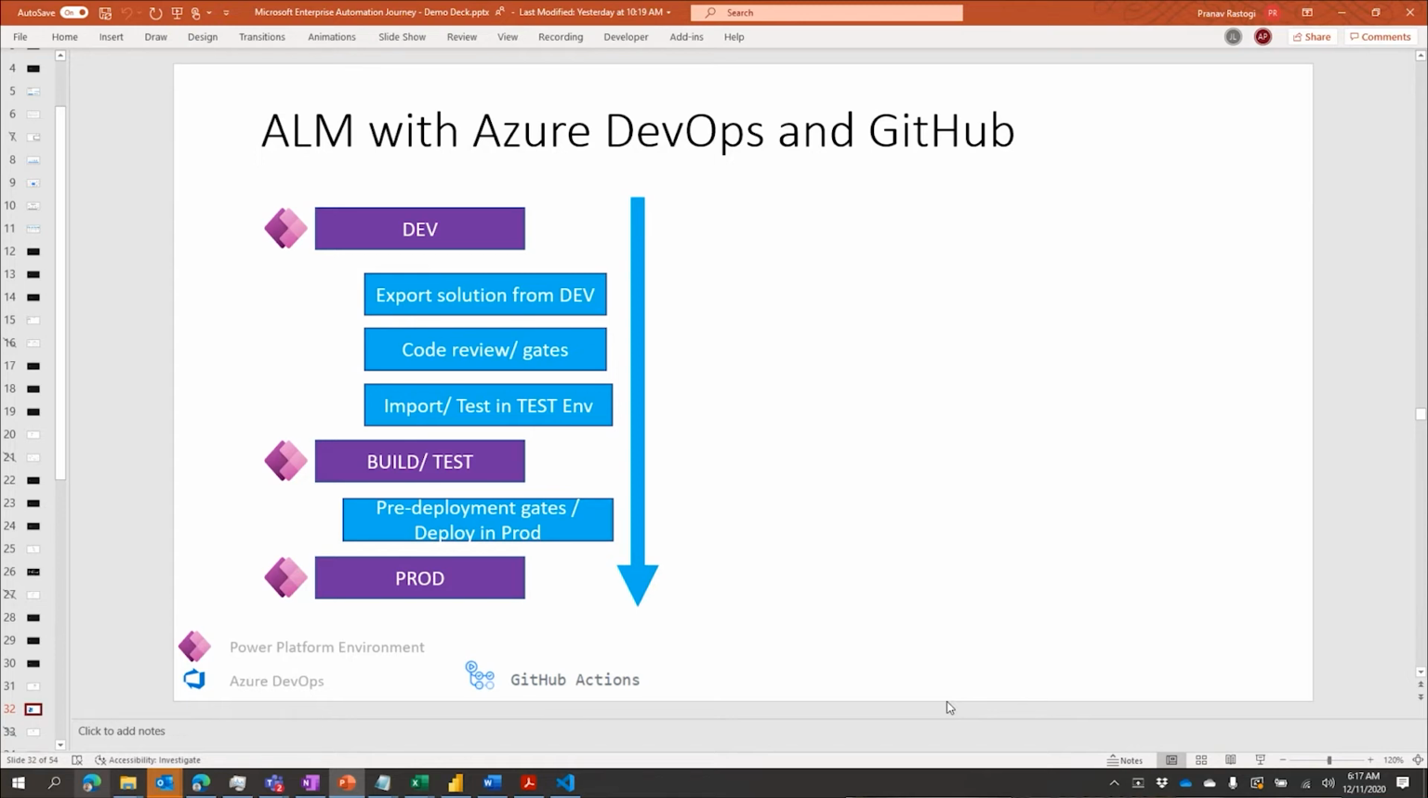And roughly there are three stages in the ALM journey. Like there is a dev journey where, once you've checked in your code into solution, you can trigger off a build and then produce a solution, an unmanaged solution file that you can then deploy into test, and run a suite of test cases. And once the test cases pass, then you can have some pre-approval or pre-deployment gates before you deploy into production. And one of the gates could be to send an admin approval,